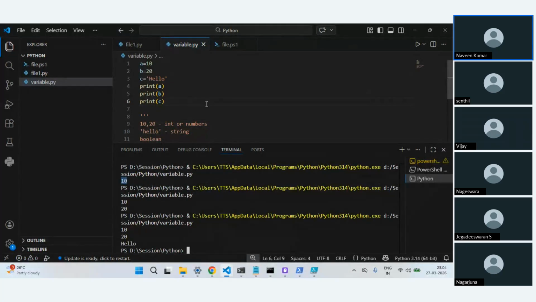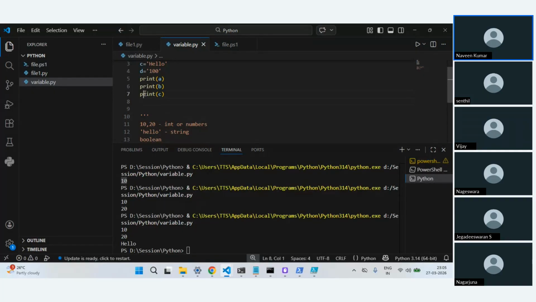All this is easy. Now let's say you have a variable and you want to know its data type. By visually looking, you know it is a string and this is a number, but we want to know what data type it is. I'll have one more variable, D. There is a function for this.